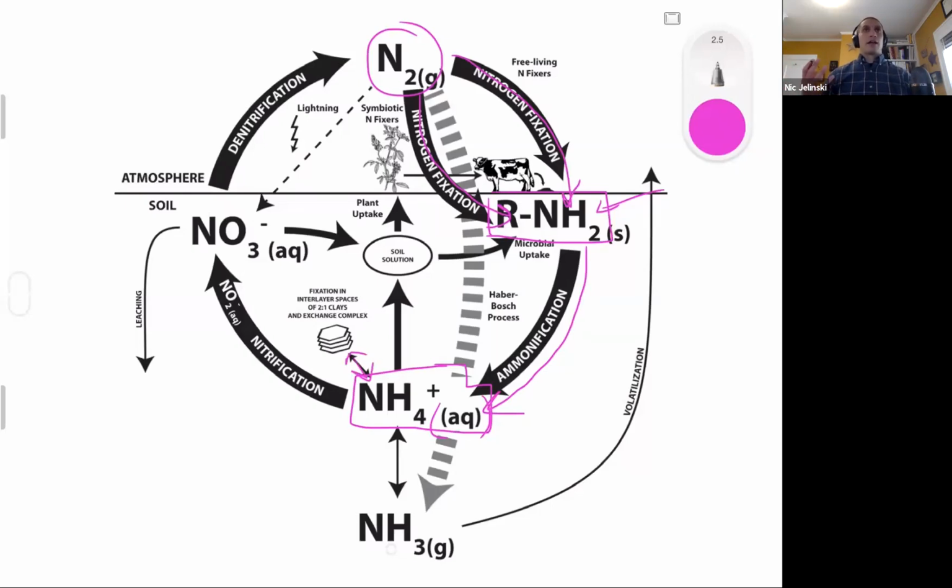And we haven't talked about ammonium as a major soil cation. It's not part of our big eight because it tends to be a lot lower in concentration than the other big eight cations, but it is a cation that can occur in soil, and it's obviously really important from a